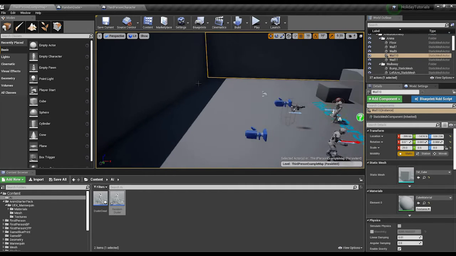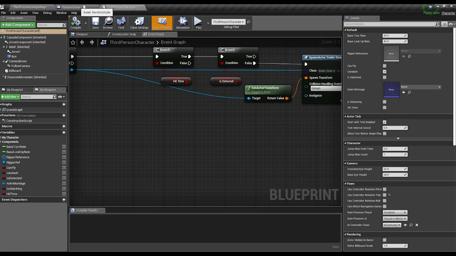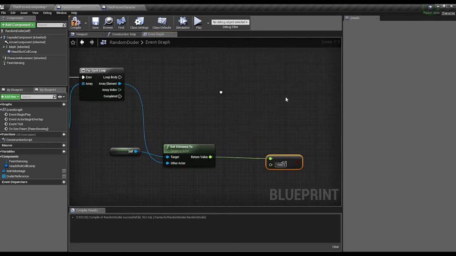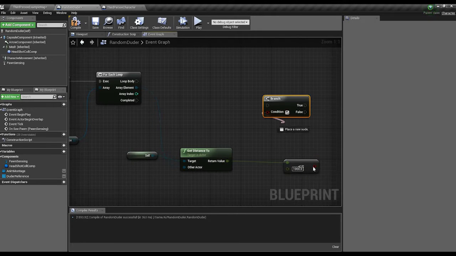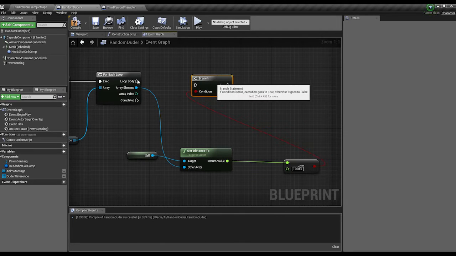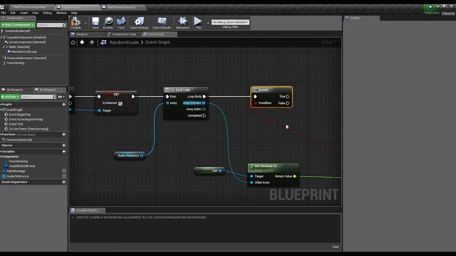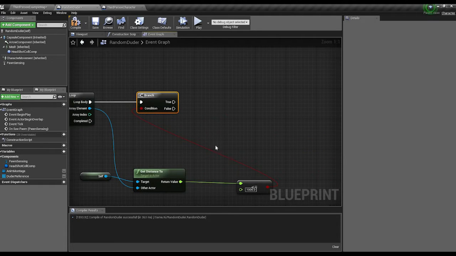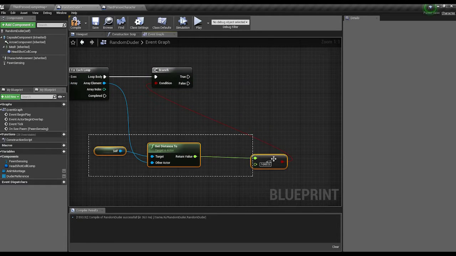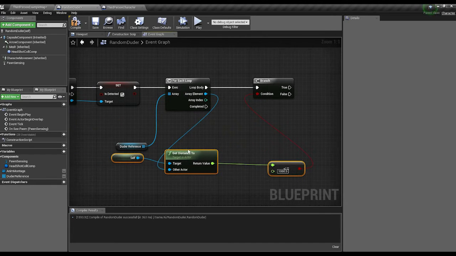So I'm going to put this back up. Now on random duder, we're going to branch this out. On true, we're going to have the array element go... Essentially, we're just going to use AI Move To. We're going to refine this in our behavioral tree, but like I said, I